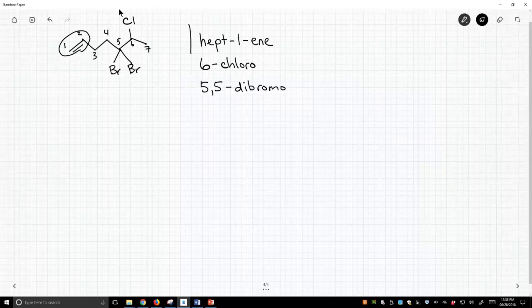So we know we're going to have a hept-1-ene. Then we put in our substituents. In alphabetizing these substituents, even though dibromo contains a D for the di, it's still considered a bromo. So the dibromo will come before the chloro with the C. It's a little tricky, but not too tricky. Okay, 5,5-